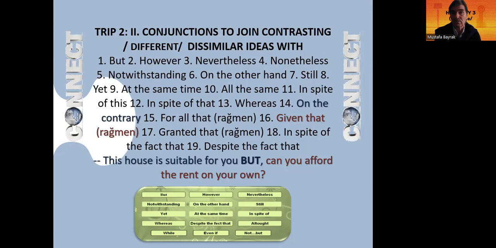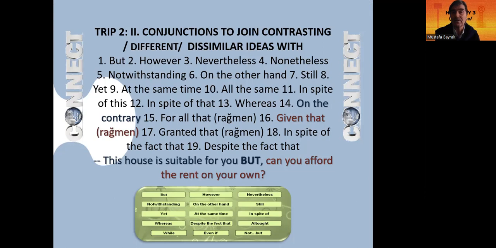However, nevertheless, nonetheless, notwithstanding, on the other hand, still, yet, at the same time, all the same, in spite of this, in spite of that, whereas, on the contrary, for all that, given that, granted that, in spite of the fact that, despite the fact that, you can, for example,